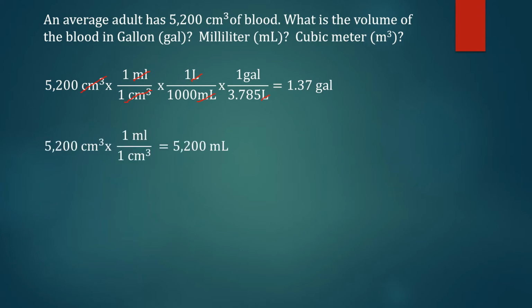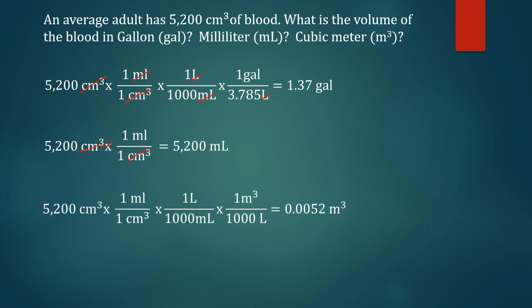So next, as you can see here, this is a very short one. So 5,200 cubic centimeters to milliliter, you just need to cancel out the cubic centimeter, and then what was left for us was the milliliter, and that's the answer. So solve the problem, or the equation rather, and we will arrive at 5,200 milliliters. And that's it. Now, for the SI system,